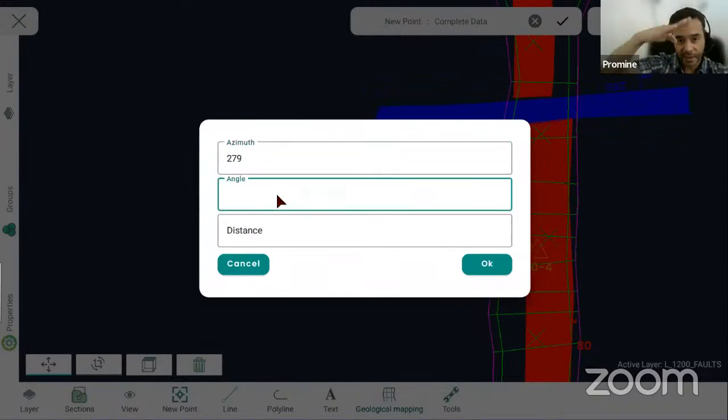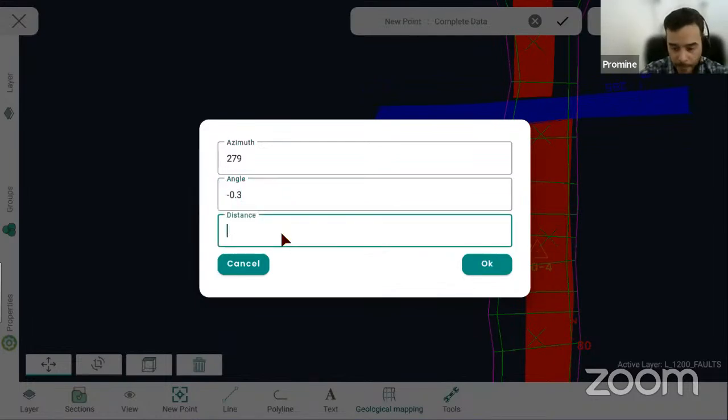This angle is the inclination of that point from your horizontal level. If it's negative, it's going to go down. If it's positive, it's going to go up. In this case, we have a negative 0.3, and we have a distance of 13 feet from our station. That's the data for the new point that we're going to insert. Once I click OK,